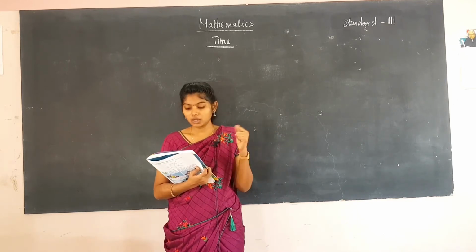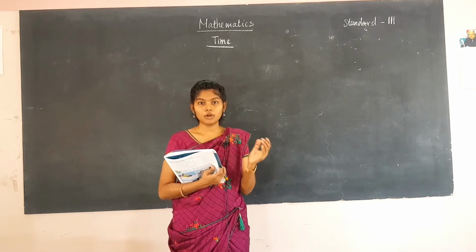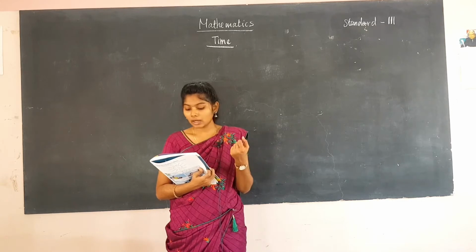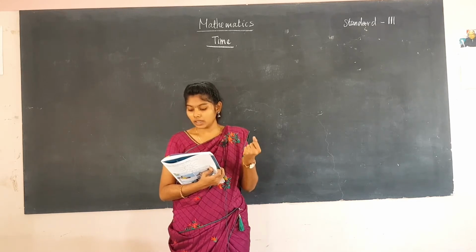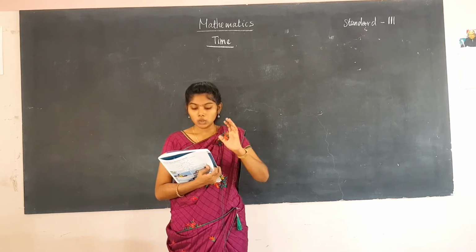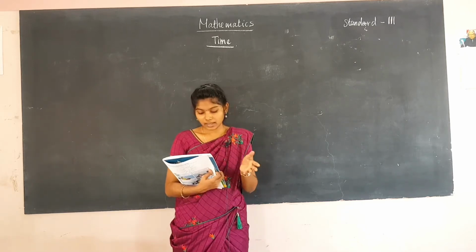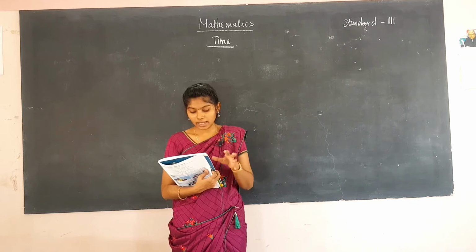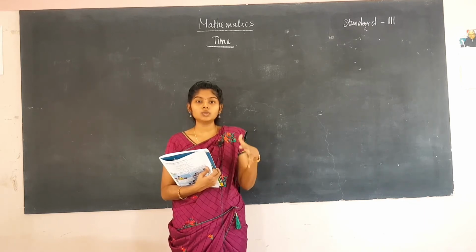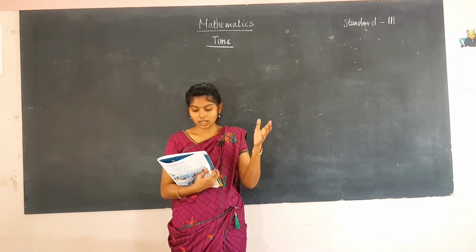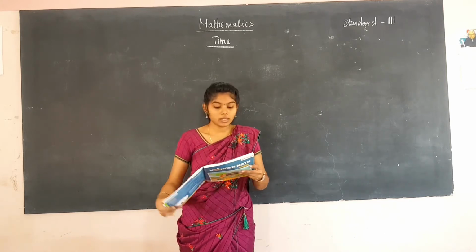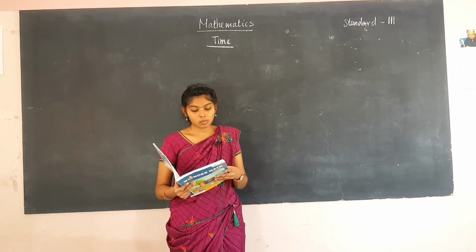And then write date in different formats. By using different formats, you will come to know how you can write the date. And then calculate the number of days between the given dates using a calendar. Using a calendar, you will be able to calculate the number of days and dates. Read and interpret a timeline. Arrange events in order to create a timeline, and then you will come to know how to arrange the dates and the events in the timeline. You will be capable of creating a timeline also.